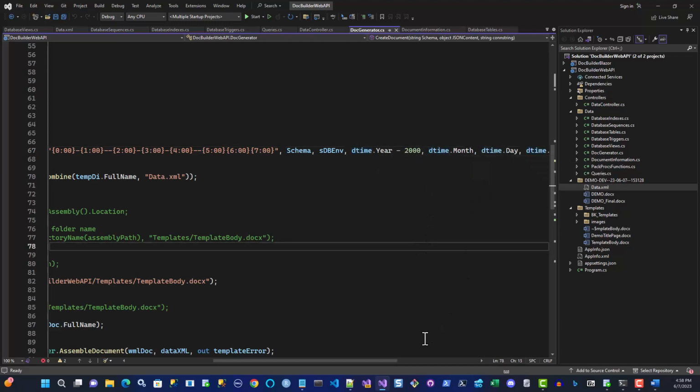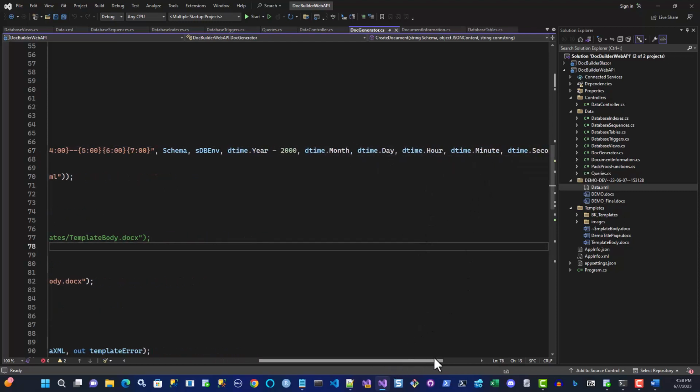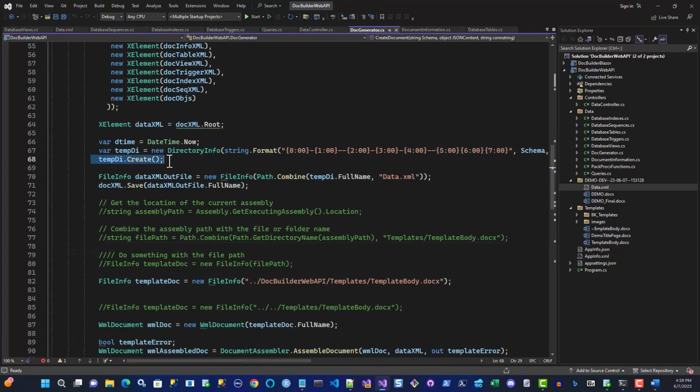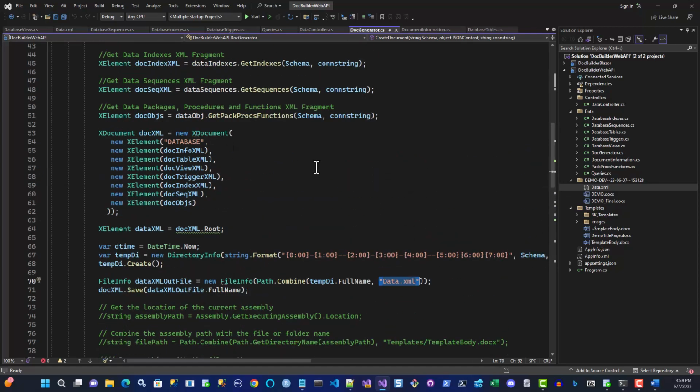Then you have the month, the day, and then the hour, minute, and second. And then you create that temp directory here. You create a file info object based on the XML file, and you can combine the actual directory we just created here with the name you want to save the XML as. So that comes from this one here. So you're going to save that separately, and that's what I'm doing in my